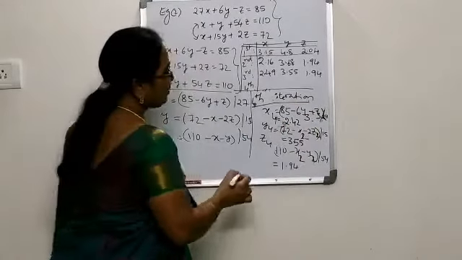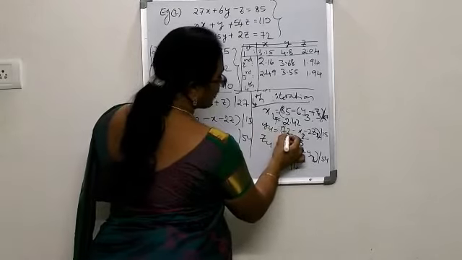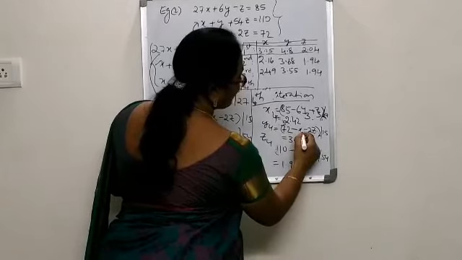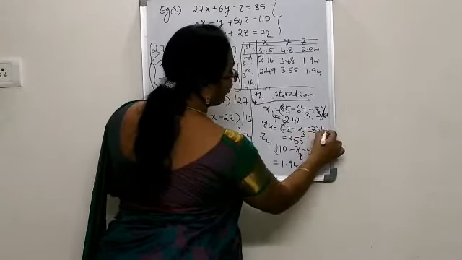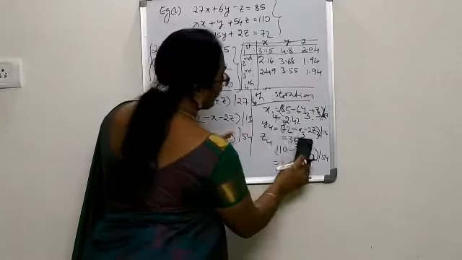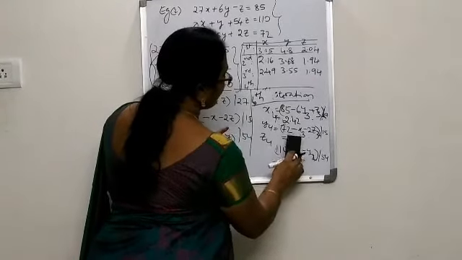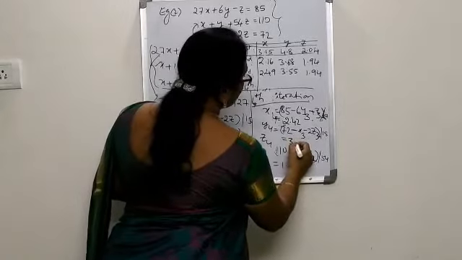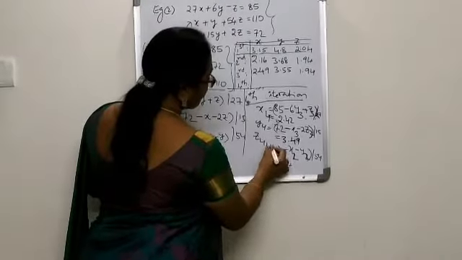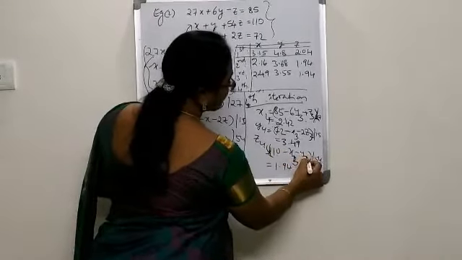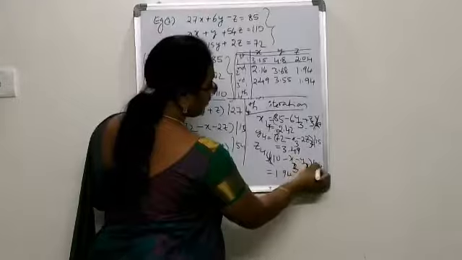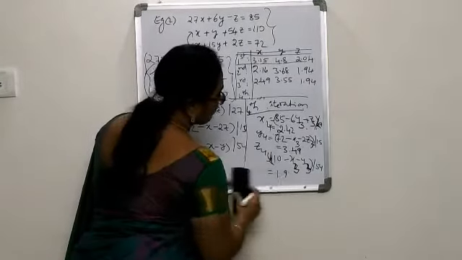Similarly, when we calculate the value of y4, we have the expression 72 minus, we have to use the third approximation values, so we write x3, z3 upon 15, where x3 is 2.49 and z3 is 1.94, and as a result after the calculation we get y4 is equal to 3.49, right? Now in order to get z4, we have 110 minus x3 minus y3, where x3 is 2.49 and y3 is 3.55. When we calculate by 54, we get the value 1.92.